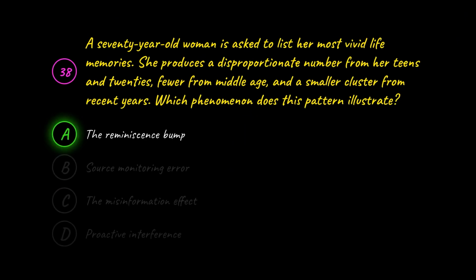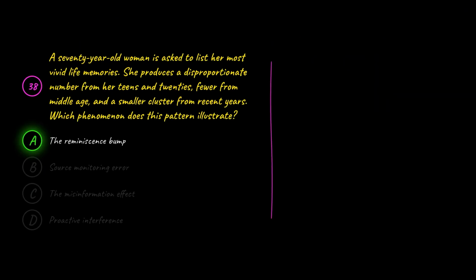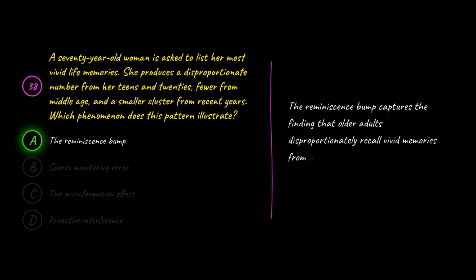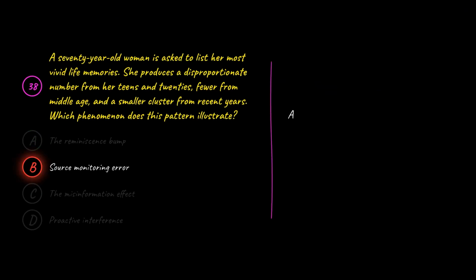The correct answer is A. The reminiscence bump. A is correct because the reminiscence bump captures the finding that older adults disproportionately recall vivid memories from adolescence and early adulthood, the pattern described in the scenario. B is wrong because a source monitoring error would mean misattributing the origin of a memory, not the lifespan distribution